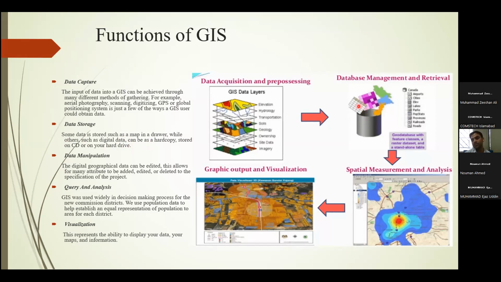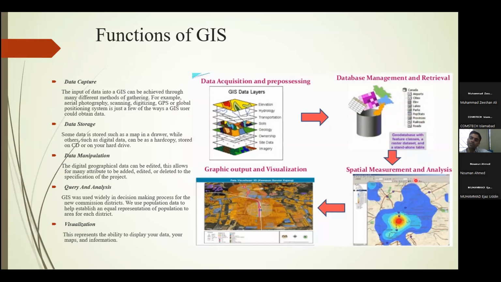We can see here that there is raster data, which was discussed yesterday, and I will be discussing today as well. We are combining the raster data, which is the imagery, and further we have some vector data set. So vector and raster are combined and put into the data management system. After the data management system, it gives us the output data set, showing how the data was evaluated. For example, the data input was airports, elevation, some lakes, and some different types of data, and then we can get